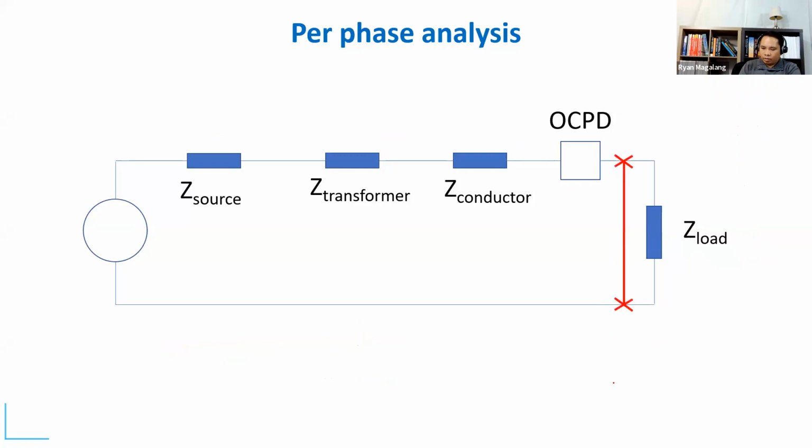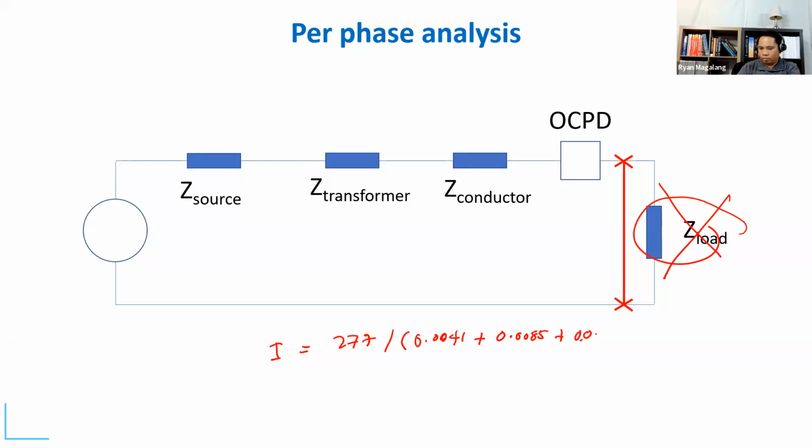So doing that same analysis, our new value for our current will be, again, but this time this is excluded from the calculation. Now you have your sources only, which is plus 0.085 plus 0.34, and now your current is,